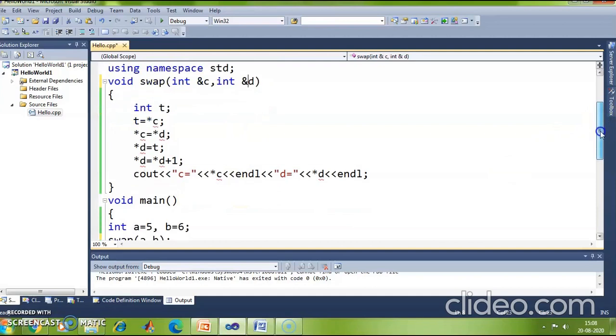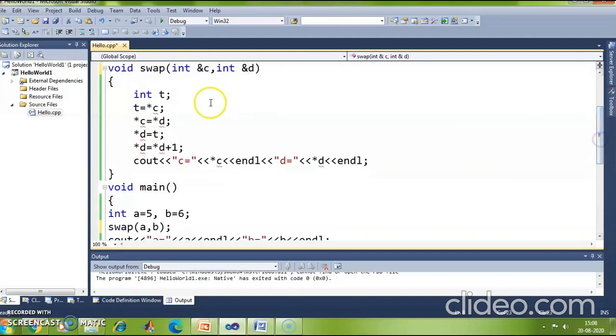And slight changes need to be done here. So here I say t is equal to c, c is equal to d, because these are not pointer variables now, they are reference variables. d is equal to t. Let me not change the value of t because I want to swap the values of c and d.